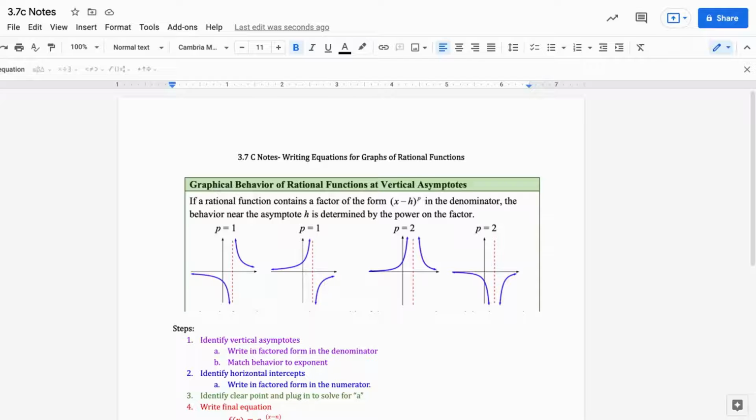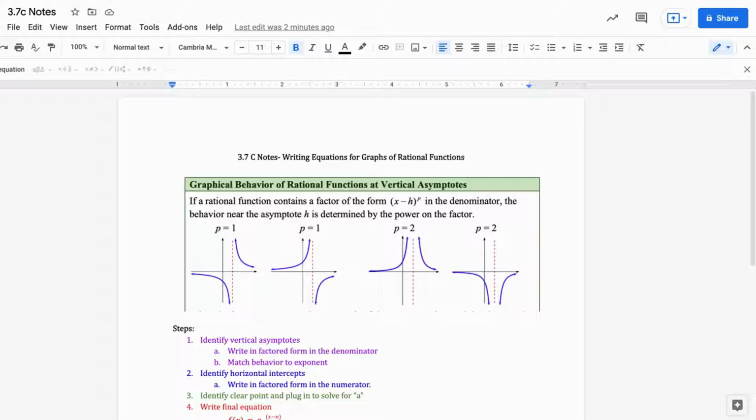At how to write equations for graphs of rational functions. Before, we were graphing the rational functions, and you'll find that this is actually a lot easier once you kind of understand it. So the first thing that we're going to go over is looking at the behavior at the